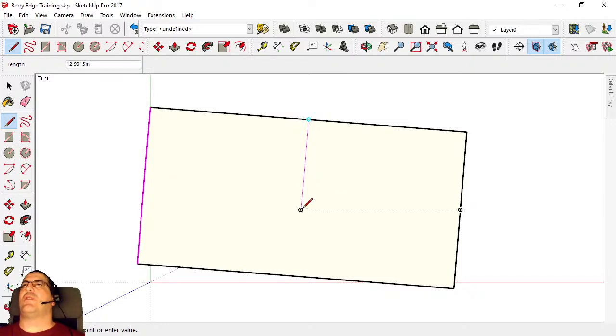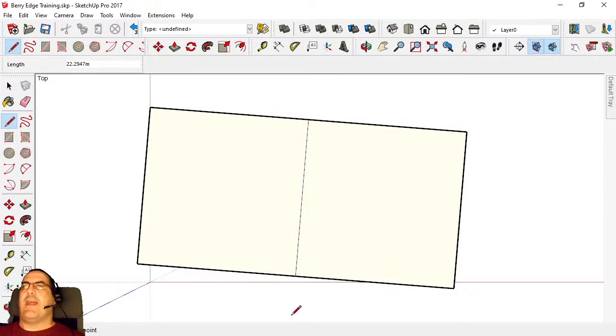Now if we continue to keep that in pink and move down towards the other side, you will see that it tells me I'm coming in perpendicular to that edge as well. And what I should actually get at some point here is a blue. Sometimes it gets a bit crowded and a bit confusing, so it sometimes doesn't show the different coloured icons. But the fact that that line is pink tells me that it's perpendicular, so I'm just going to click and